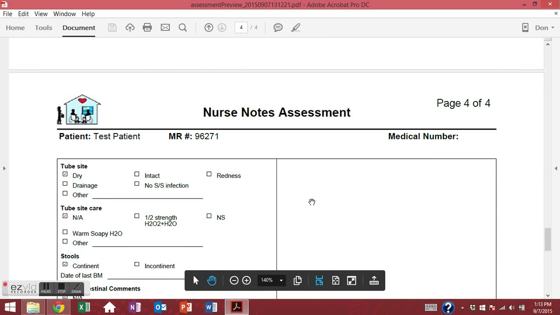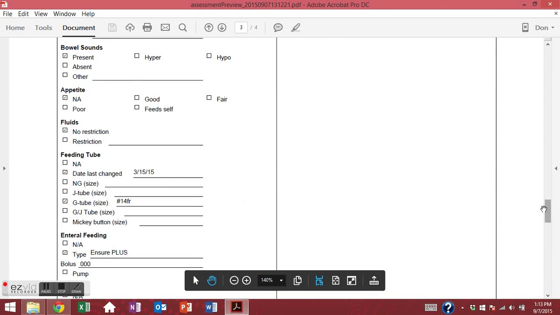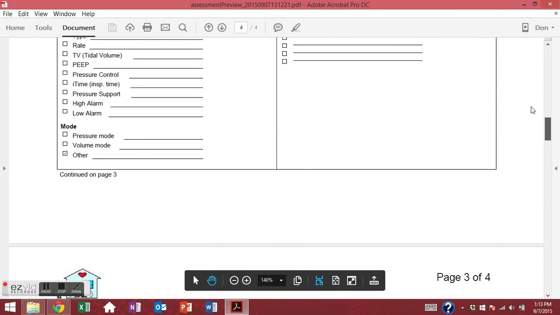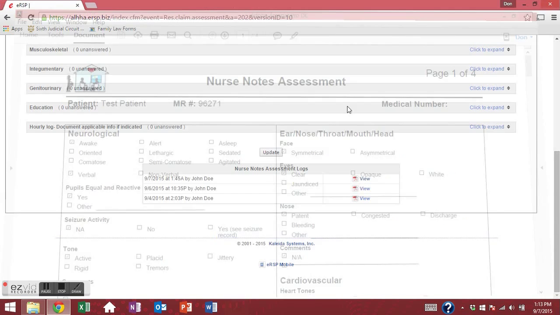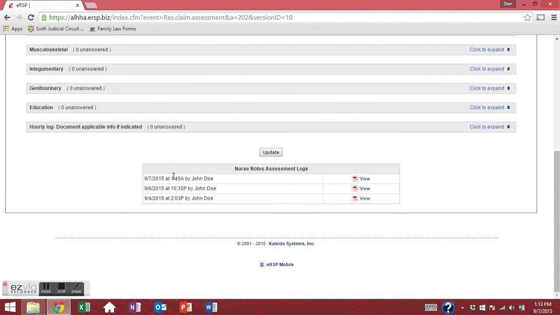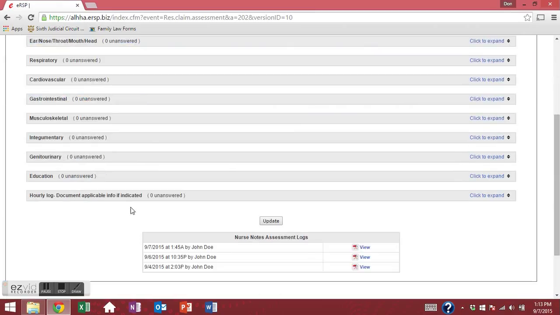And this is only the assessment. So the other parts will be in the other corresponding sections of the note, which I will show you as we go along. So anyway, this assessment, like I said, you don't have to document right when you come on the shift. You have the entire shift to complete this. And obviously for this hourly part, you will have to keep going back to it. So,